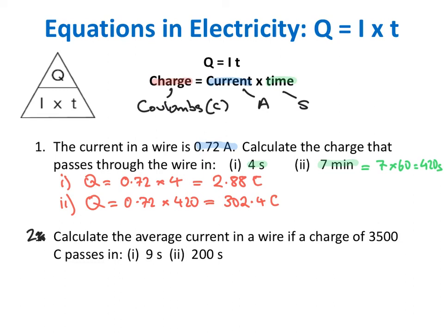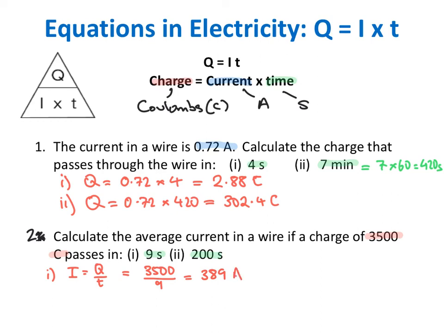This time we're being asked to work out the current, but we're given the charge, 3,500 coulombs, and again we're given time, and nicely they've given us seconds both times this time. So we can use our triangle, or we can just rearrange the equation, but I equals Q over T, charge over time. So for part 1, it's going to be 3,500, that's our charge, for our time, which is 9 seconds, which equals 389, that's rounded,